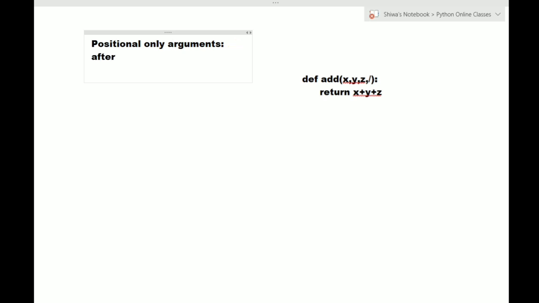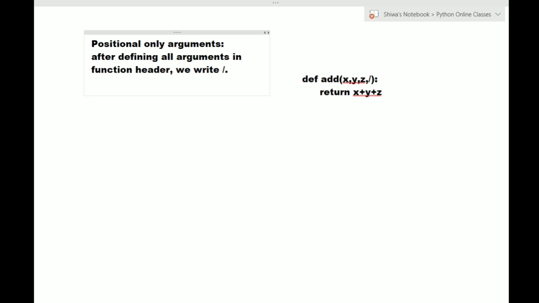So after defining all arguments in function header, we write slash. Okay, so with this what will happen?